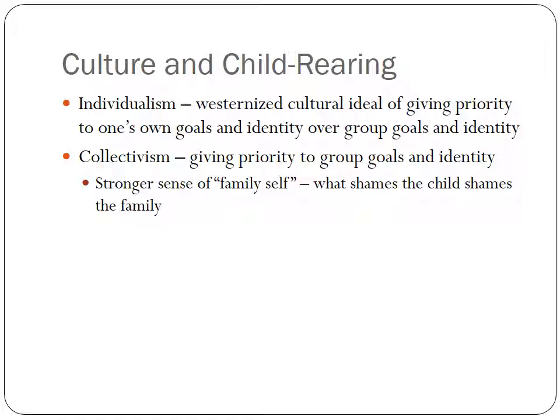In a collectivist society, it's not that everyone else is responsible, but everyone has a different perspective of their role. So in a collectivist society, usually they are going to have their last name first. So they would go last name, then first name. And the idea is that the group that they came from is more important than the individual that they are. And this is that idea of if you do something that is embarrassing or shameful, it's not just shameful and embarrassing to you, but to everyone that has tie into you. So that can be your parents or your school or whomever.